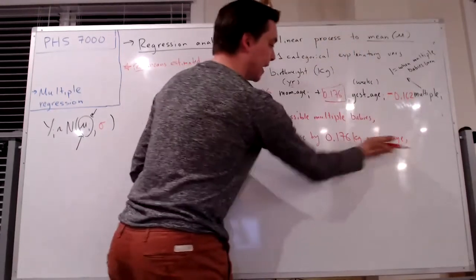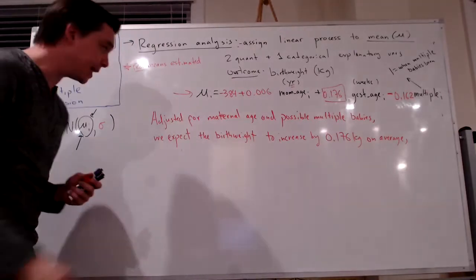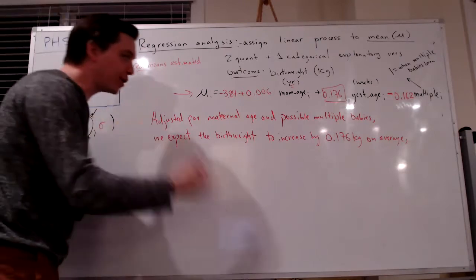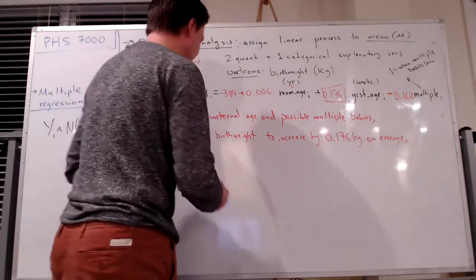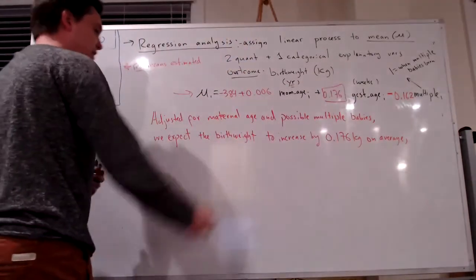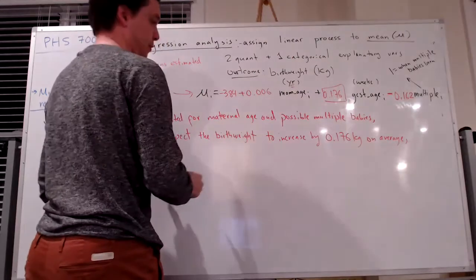When people write on average, they mean that we're talking about the population mean that will go into this normal distribution from which the actual birth weights will be generated. Adjusted for maternal age and possible multiple babies, we expect the birth weight to increase by 0.176 kilograms on average